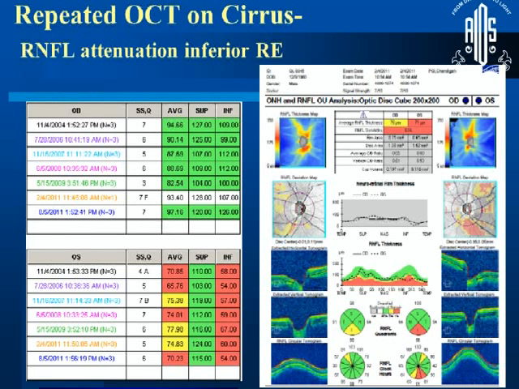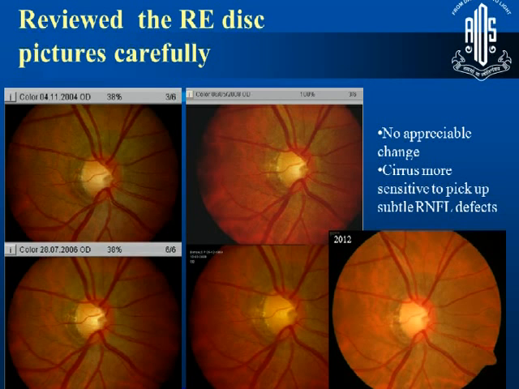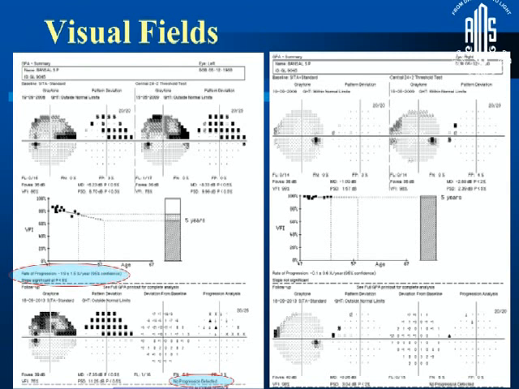And then, since we had the Cirrus at that time, we repeated that on the Cirrus, and lo and behold, these values started going down a little bit. So you're not really sure as to what this 54 from 60 means. So you're a little on your back foot, and then when you do the Cirrus OCT again, it does start to get deeper, and these start getting wider. Now, knowing that the Cirrus is supposed to detect progression faster, you're a little scared, but there's still no appreciable change in the disc, and the fields show no progression whatsoever, even though there's a downward trend.